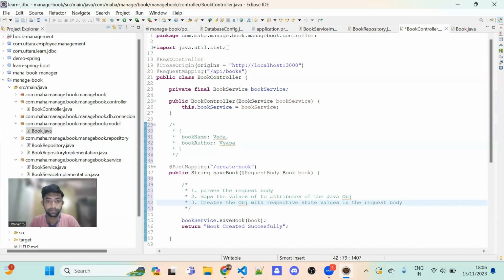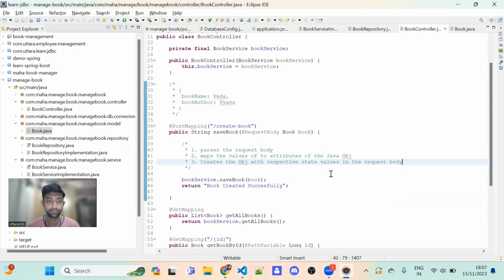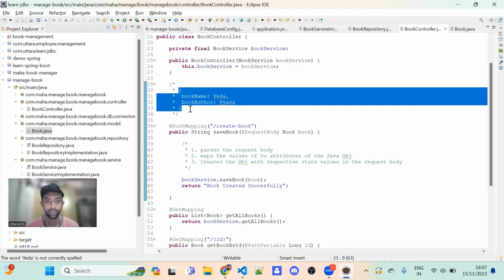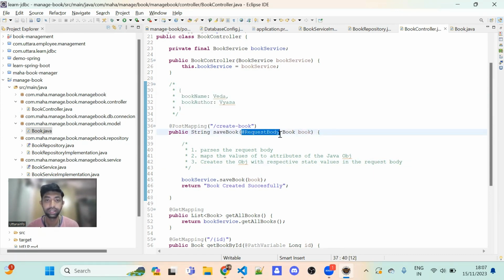Is it clear? Guys, is this clear? We are sending the request. Along with the request, we have this body, the data from the form, that is sent as the request body. To parse this request body, or to use that data, we have to use this annotation called the request body annotation. Just to put it in a single sentence, it parses that request body, that JSON object, and converts it to a Java object